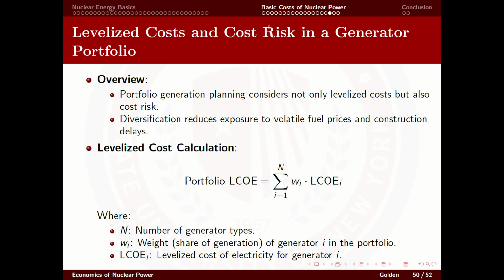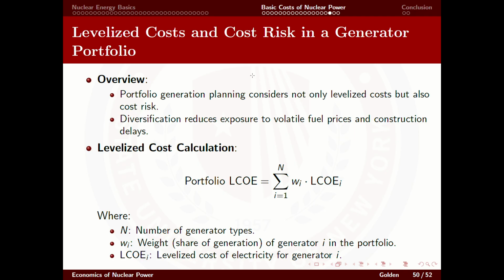So levelized costs and cost risk in a generator portfolio. Portfolio generation planning considers not only levelized costs, but also cost risk. So when you're thinking about a portfolio, not just having one asset, not just having a nuclear plant, but maybe several nuclear plants, but a nuclear plant and several other plants, diversification reduces exposure to volatile fuel pricing and construction delays. So levelized cost calculation, portfolio LCOE, is the sum for each of the generators